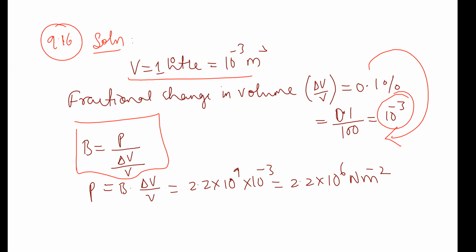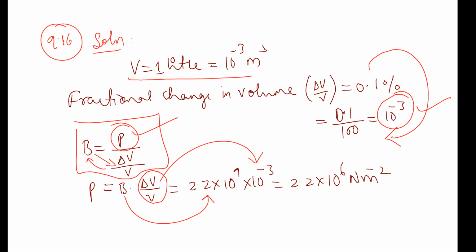So we want P, so P is equal to V into, just we made a cross multiplication here. So ಈ term ಇಲ್ಲಿ ತಗೊಂಡ್ಬಂದು just cross multiplication ಮಾಡಿದಾಗ, so P ನ ಇಲ್ಲೇ ಇಟ್ಕೊಳ್ರಿ, so B into delta V by V. So bulk modulus we substituted that one as 2.2 into 10 to the power of 9. So bulk modulus, that is value is 2.2 into 10 to the power of 9, and delta V by V is 10 to the power of minus 3 ಅಂತ already calculate ಮಾಡಿವಿ.